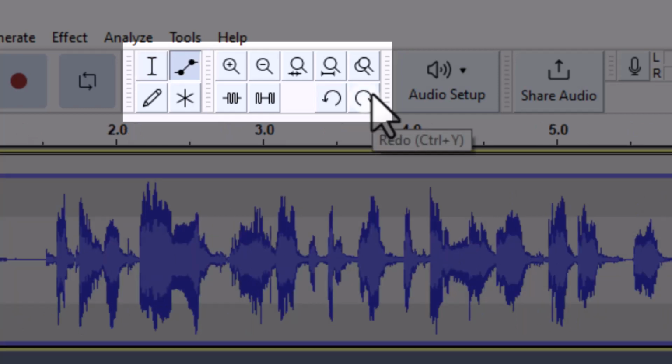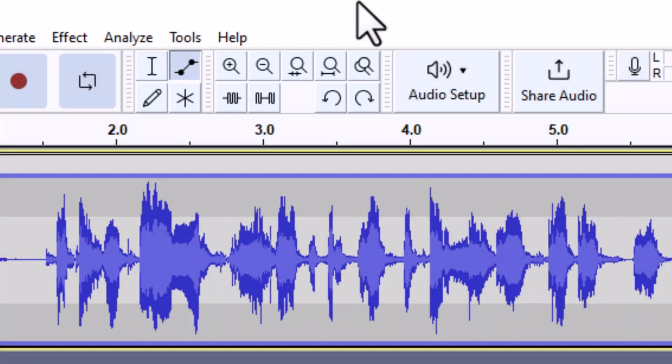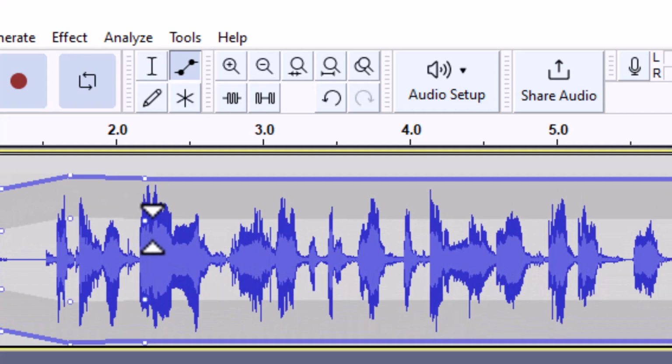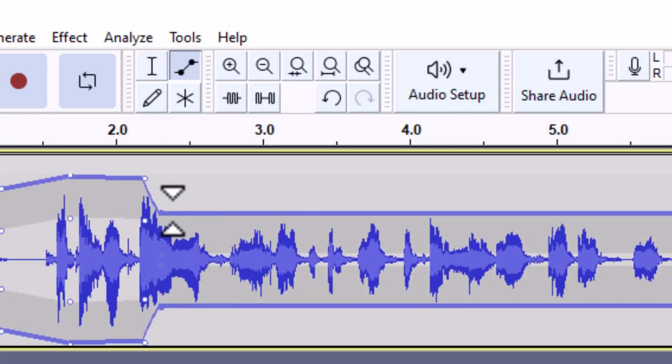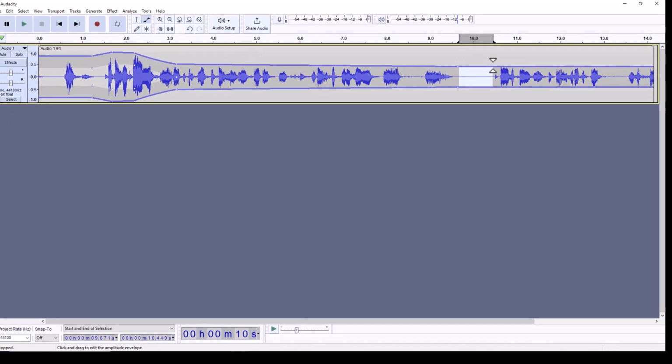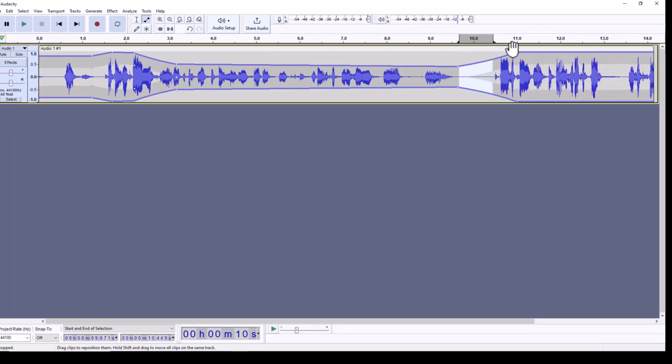You also have your envelope tool, and this allows smooth volume changes to be made over the length of a track by sort of embedded volume control points. So if you click on this, you can adjust all of the audio volume at once. You can click and make different little points and drag them down. This is really great for smooth fades when it comes to background music, fading in and fading out. So I can add more points down here. And if this was a song, I could fade it back in toward the end. So that gives you some control over fading in and fading out easily.